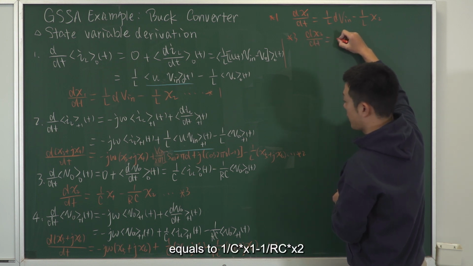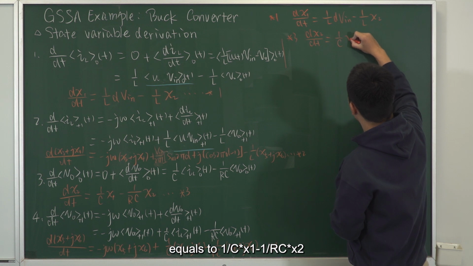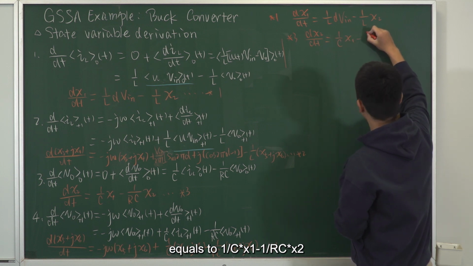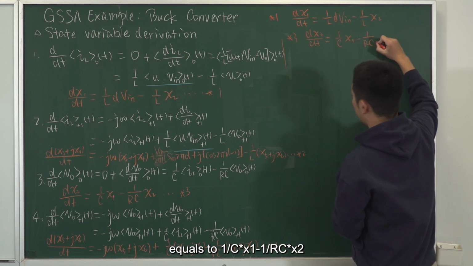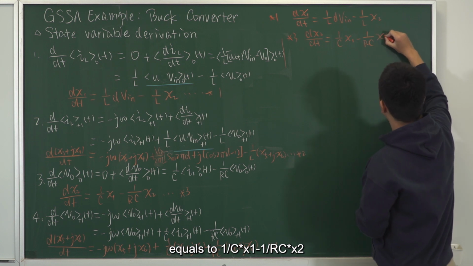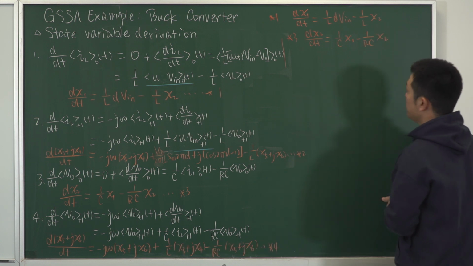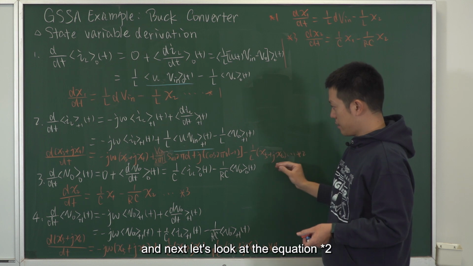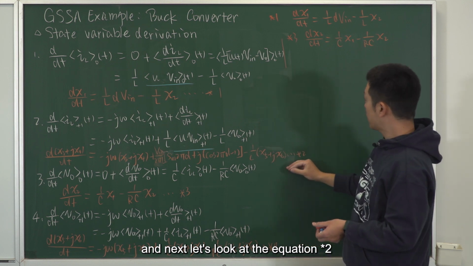Equals 1 over C x1 minus 1 over RC x2. And next, let's look at equation star 2,